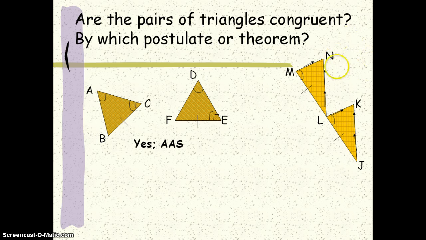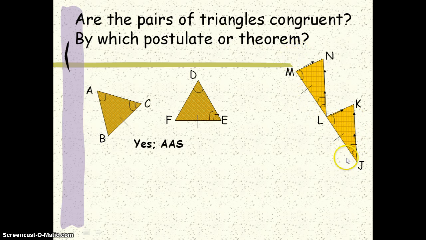So the first thing that I'm going to mark congruent is that angle M is congruent to angle KLJ. So these angles right here are corresponding angles. They are both on the bottoms of these parallel sides and on the same side of the transversal. The second pair of angles that we can show are congruent are right here. So these are also corresponding angles because they're on the tops of the parallel lines and they're on the same